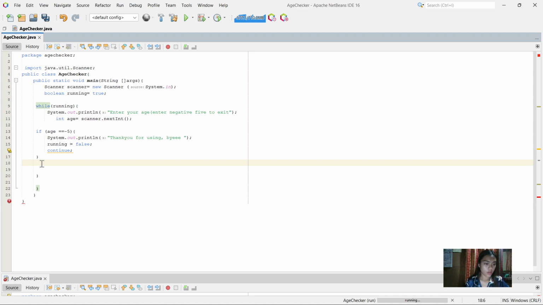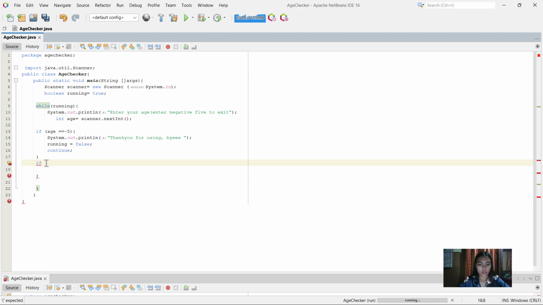This time, since the instruction is to ask us to classify the age, whether you are greater than 18 or in legal age, you are eligible to vote. However, if your age is less than 18, you're not eligible to vote. So this time we're going to add an if statement.